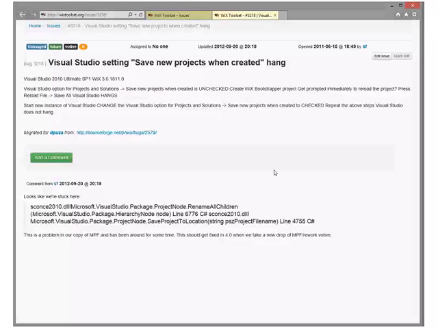Visual Studio save new project when created hang. Oh. Save new projects is unchecked. Get prompted to